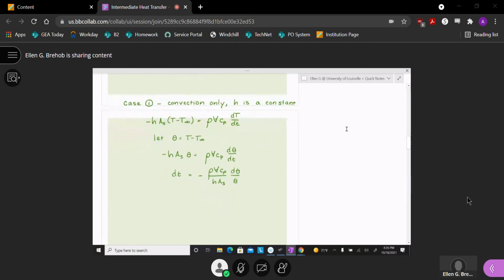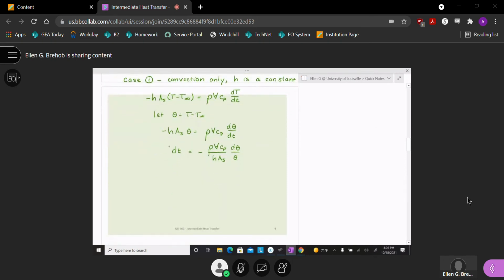Okay, and you're probably guessing what I want to do next is integrate, from t is 0 to some time. And on the other side, I'm going to integrate from theta I, which is the initial temperature minus T free stream, to theta final, which is the final temperature minus the free stream temperature. All right, so I'm just going to write this as the time